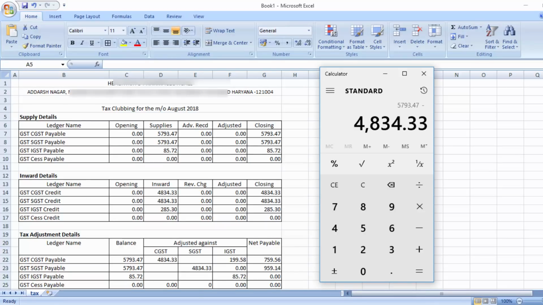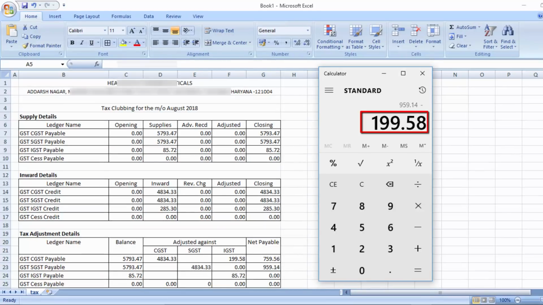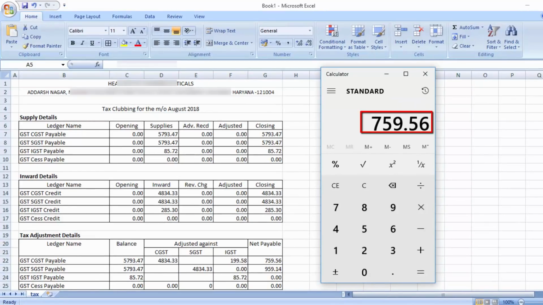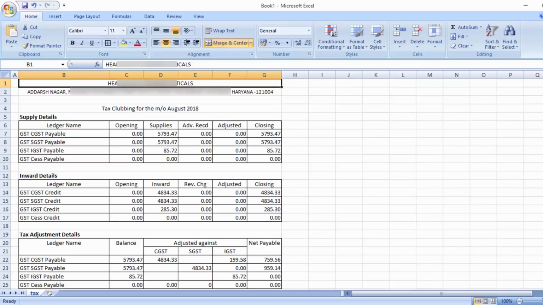So after adjusting 199 rupees 58 paise from 959 rupees 14 paise, the leftover amount is 759 rupees 56 paise. This is the net payable which you have to pay to the government in the case of CGST, as you can see here. And now no input is left which can be adjusted with SGST output.